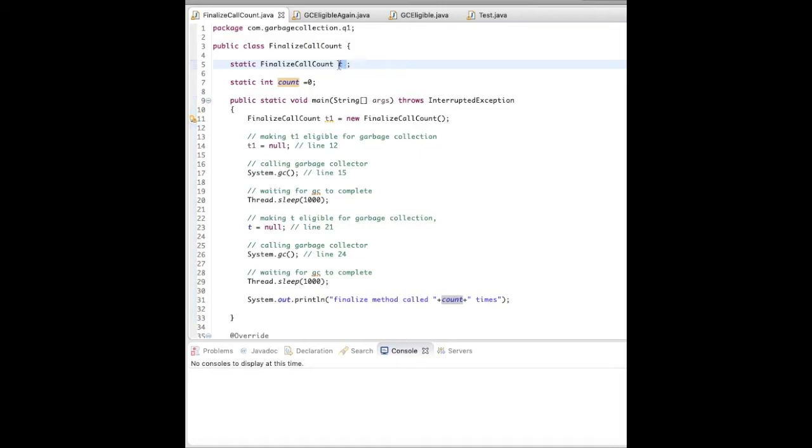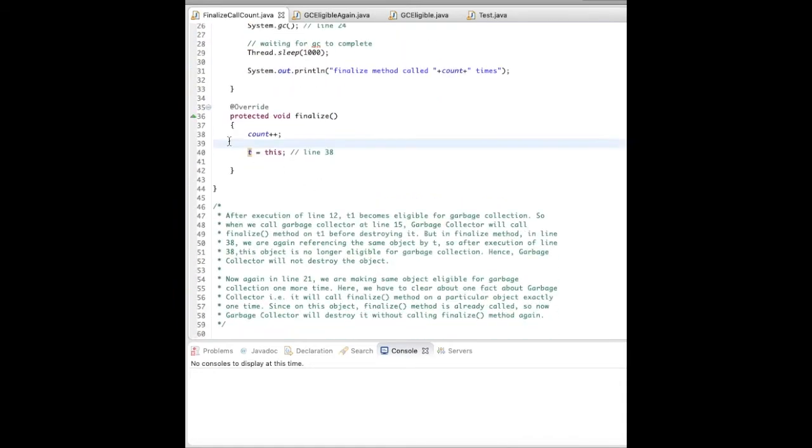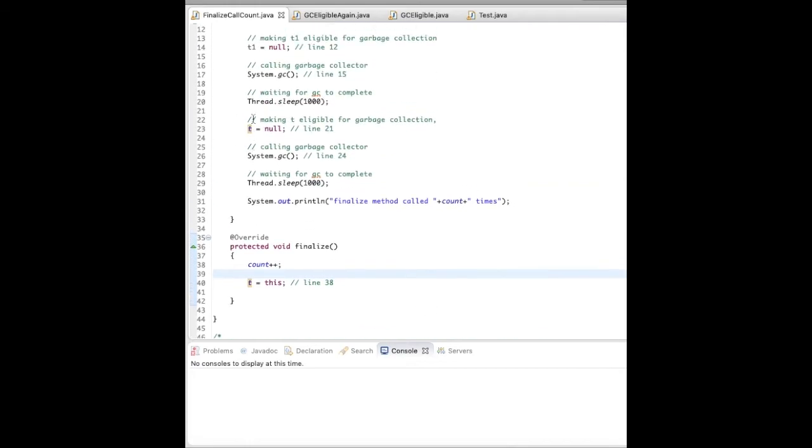object. So now, since earlier we made this null, this object has no reference, it is garbage collectible. But now I have assigned a reference here, so this object will not be garbage collected because of this statement. But the finalize method is called once, so it will be count++. Now since it is not null and I am making it null and calling System.gc, garbage collection will happen, right? So again the finalize method will be called and count will be incremented, and things will happen like this.